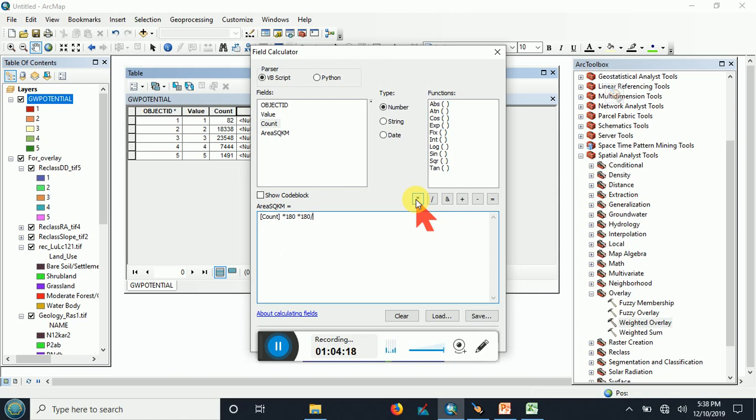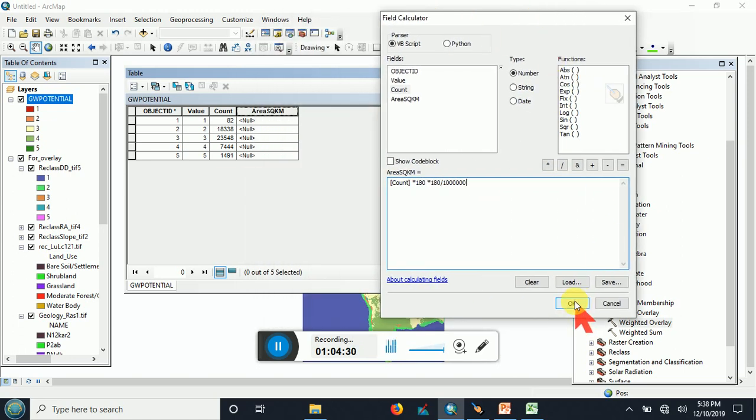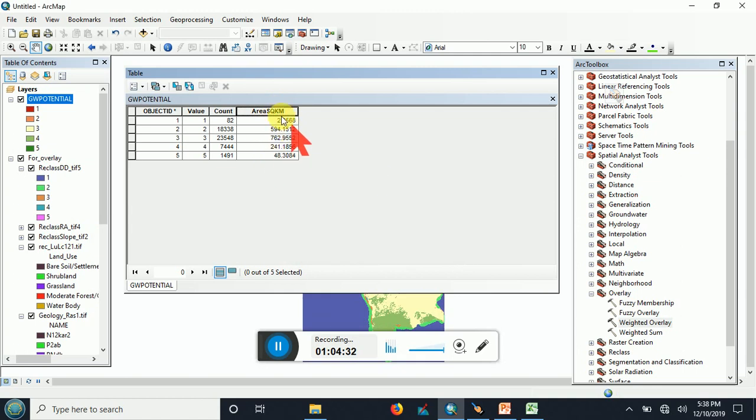This is just in metric units. Then you can click OK. Now you will have the area. It means within your study area you will have 48.3 square kilometers which is a very good groundwater potential zone,